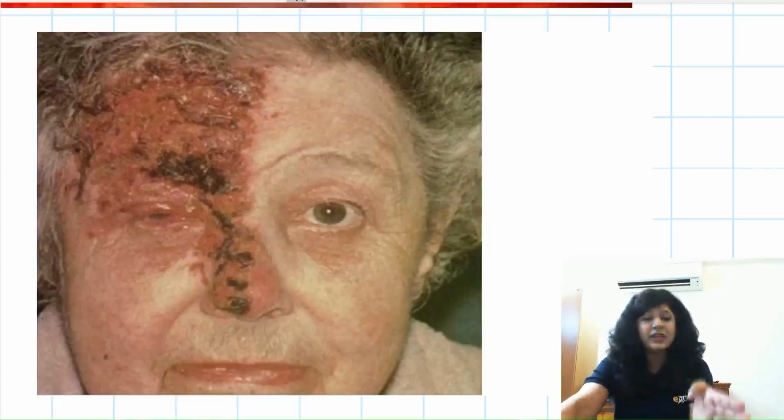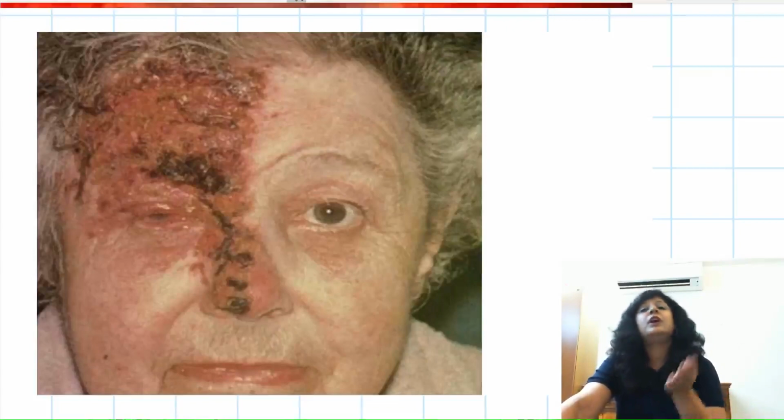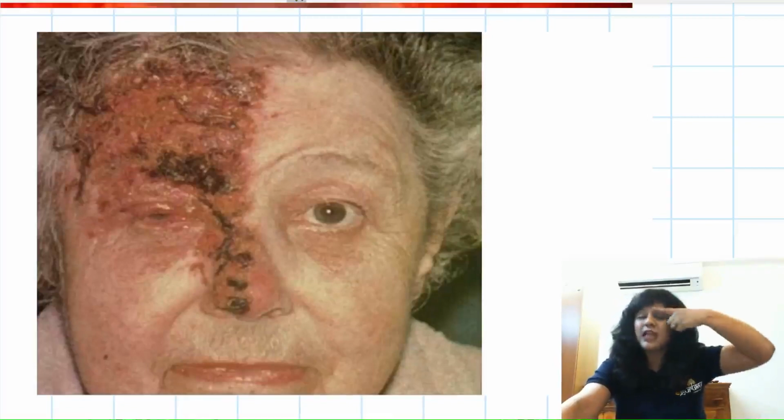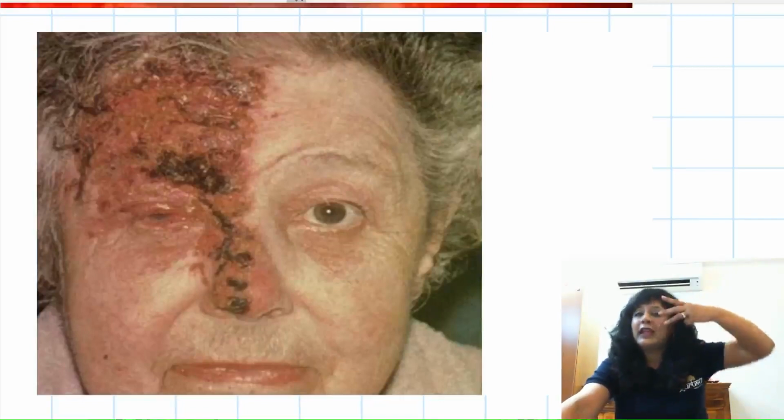First of all, can you see here, there is a strict distribution on one side of the forehead, because you know which nerve is involved? Trigeminal. Now trigeminal has three divisions. It is like this: ophthalmic, maxillary and mandibular. Now out of this, which is involved? It is the ophthalmic division. Now from this ophthalmic division, again we have got three divisions. Again, take your hand like this. So we have frontal this, then we have lacrimal, and then we have nasociliary.